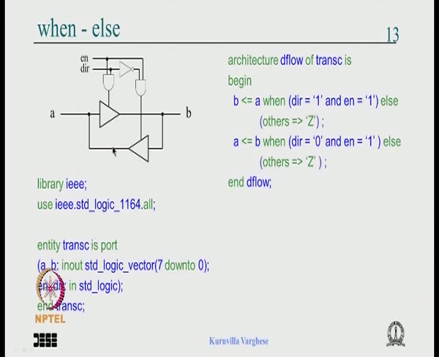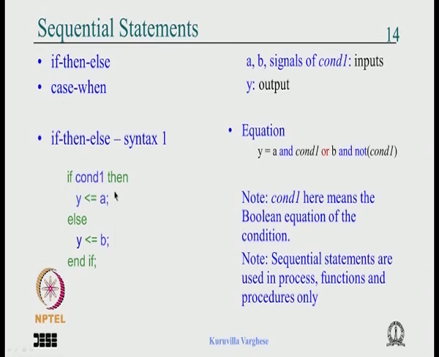And we also have seen an example of a transceiver with when else. It uses the when else construct, and it also shows the usage of in out and this array assignment and so on. And we looked at if then else, which is equivalent to when else. So in the simplest form it is like this: if condition 1 then Y gets A, else Y gets B. So the equation is A and condition 1 or B and not of condition 1,